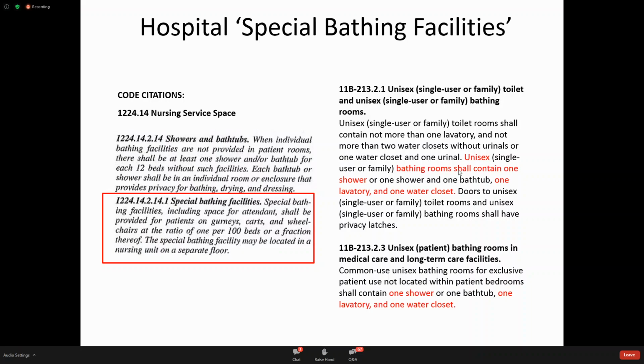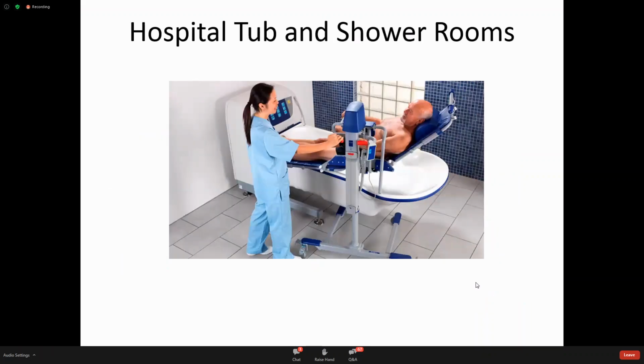So what that is, I'm going to back up, and just a picture is worth 1,000 words. This is a room that's designed so that the staff can bathe the patient, or the patient is not able to bathe themselves. And there's an essential point to understand right there,